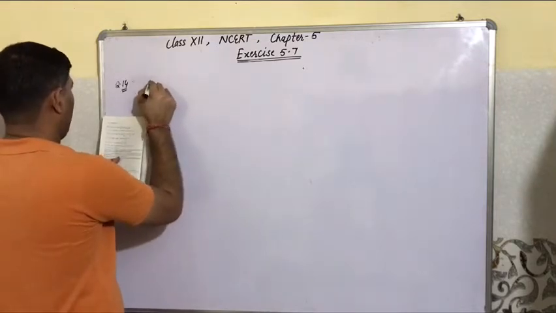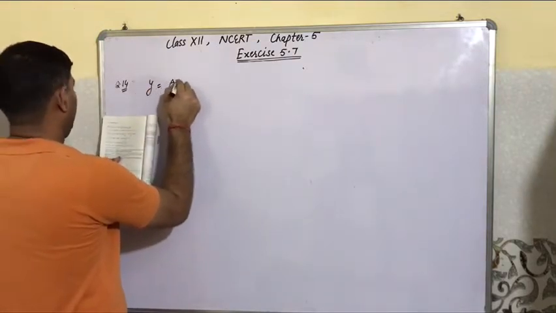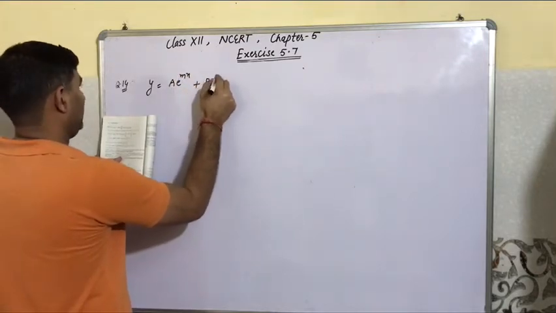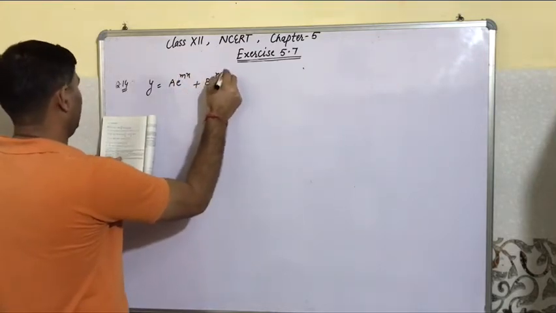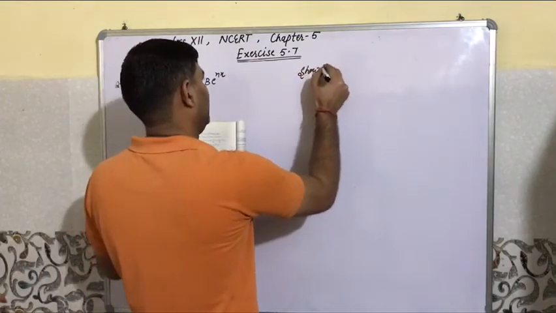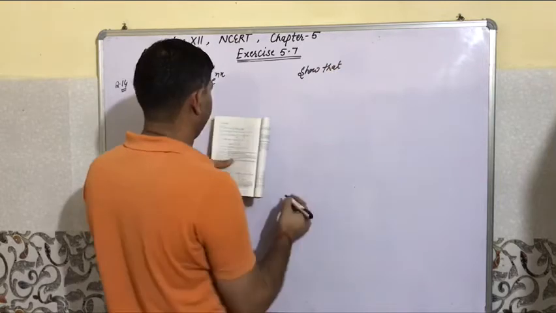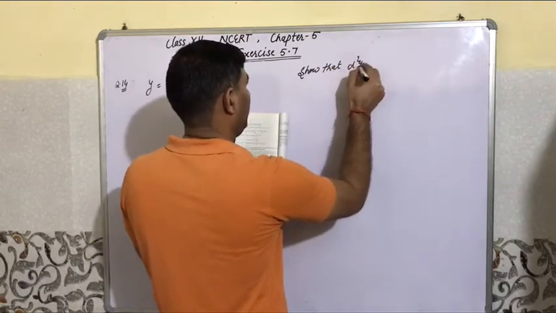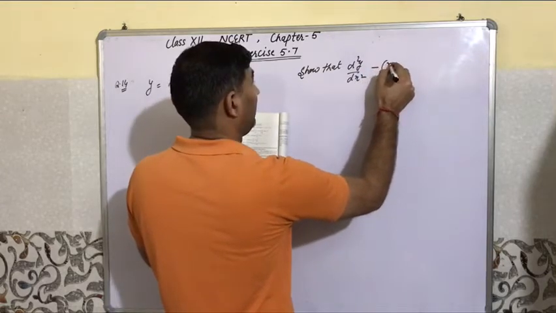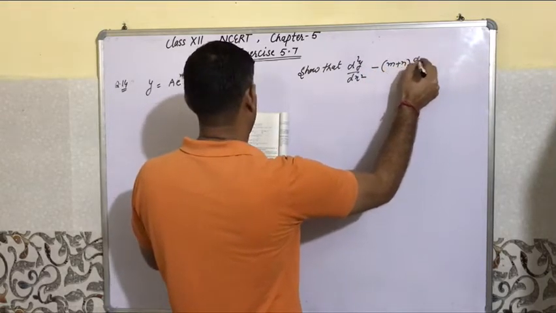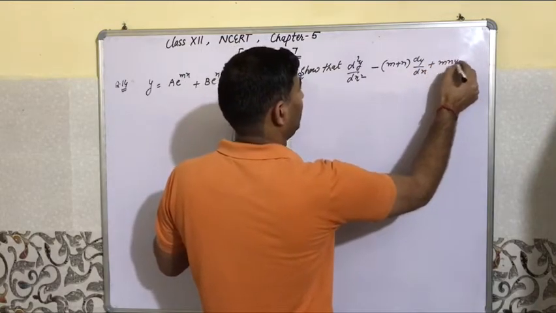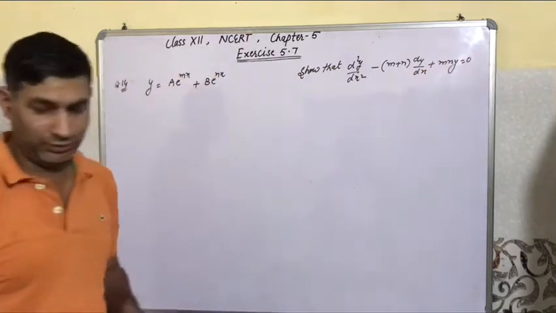If y is equal to a e raised to power mx plus b e raised to power nx, then show that d square y upon dx square minus (m plus n) into dy by dx plus m n y is equal to 0. आपको ये प्रूव करना है।